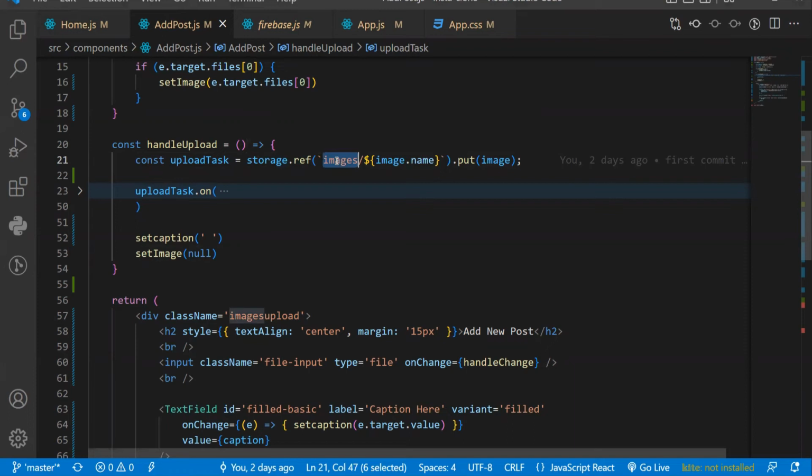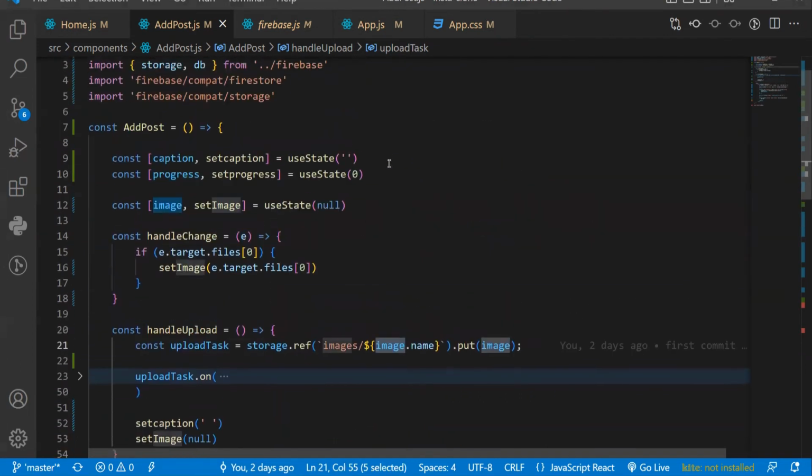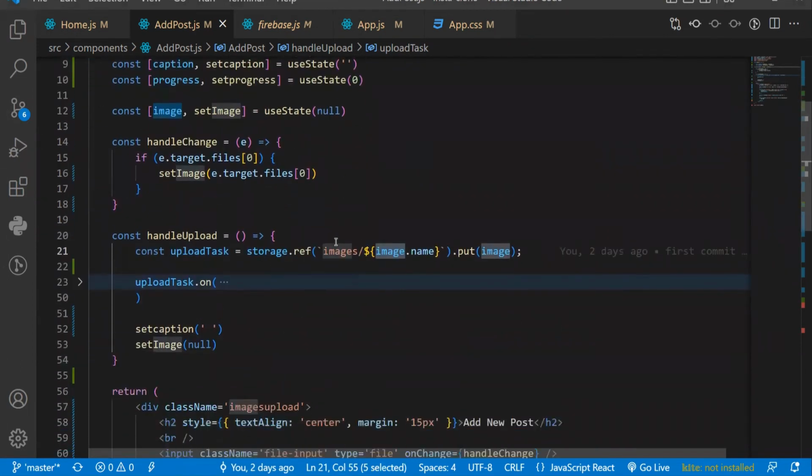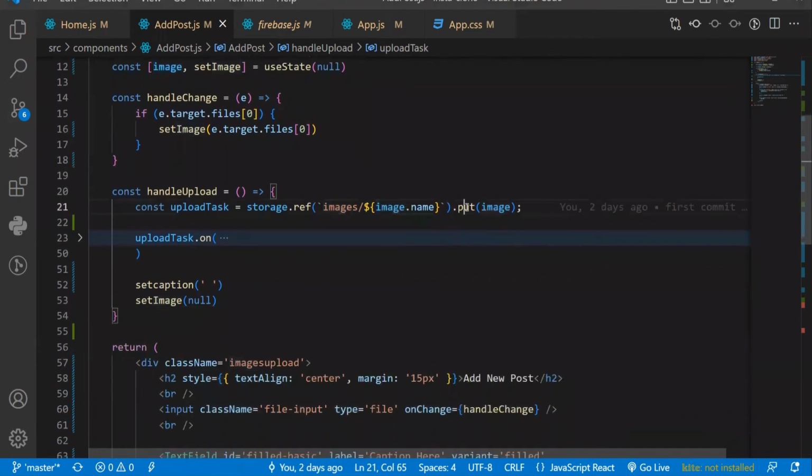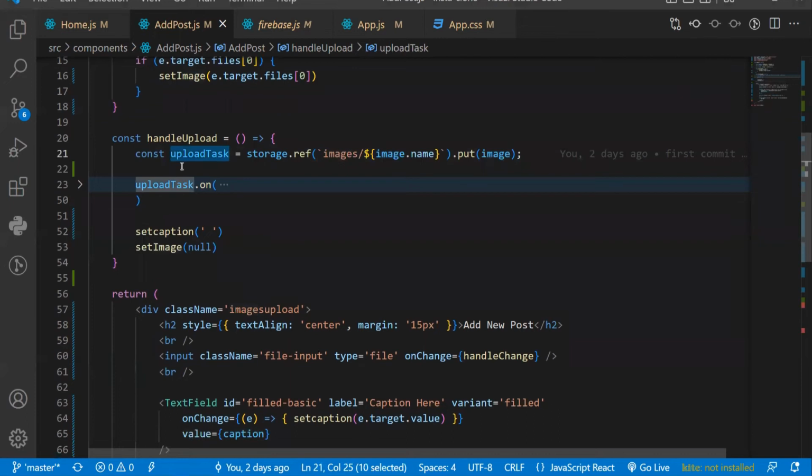If there is a folder, it will call it. If not, Firebase will create one for us, a folder with the name images, and inside this images folder we'll create one file using image.name. This image is the one we have uploaded, and we'll simply put it there. You can just say that it has updated this image, and we call it with a variable, upload,